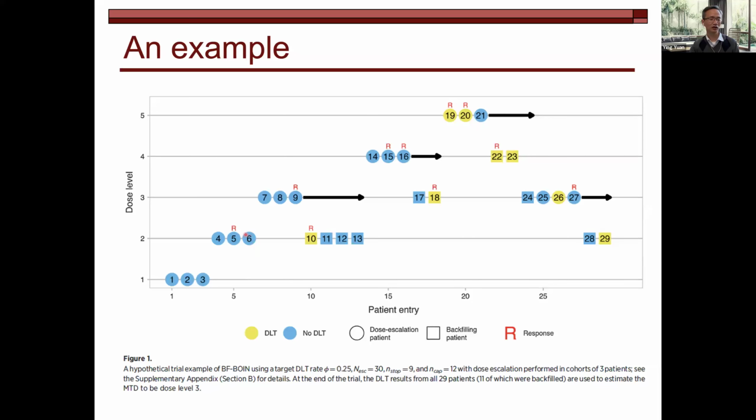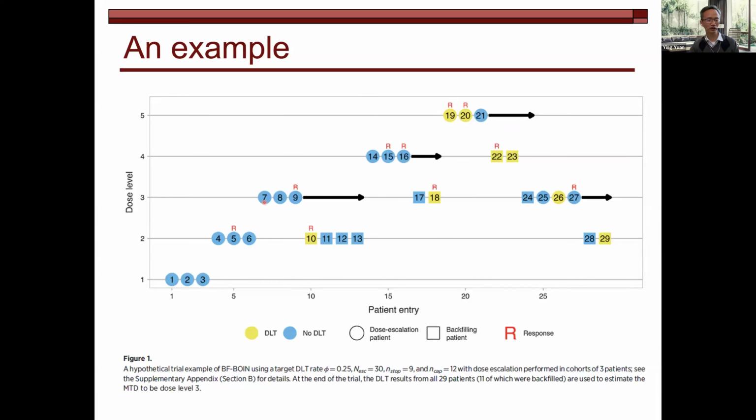At the same time, we observe a response in this dose. So it satisfies two conditions for backfill. So we put patients 10, 11, up to 13 in this backfill dose. After we backfill patient 13, by this moment we have already finished the DLT assessment for cohort 3,